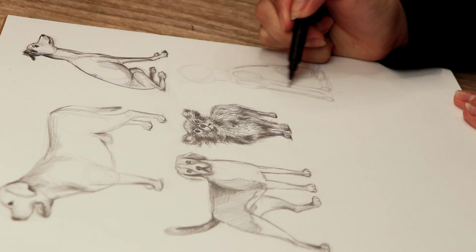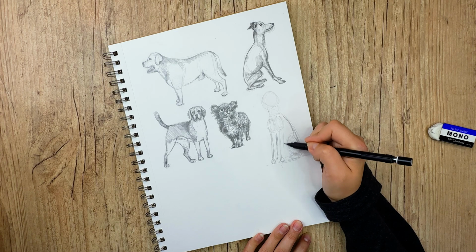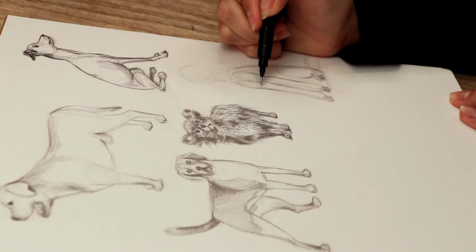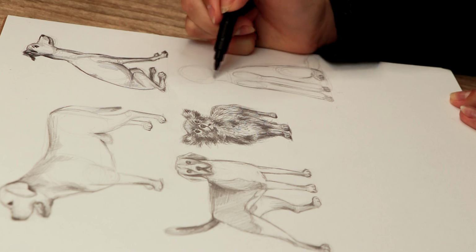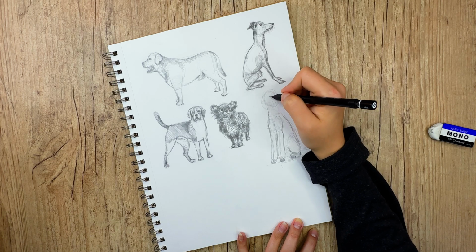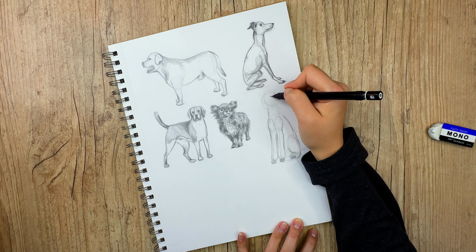Kind of like we did the Greyhound, but for this one, you don't really need to worry too much about the shape because the fur is gonna kind of cover it all, and we're not really gonna see the contour of the dog, so you can be more flexible with your lines. You basically just need a simple outline for the body, and the face on this one is tilted on an